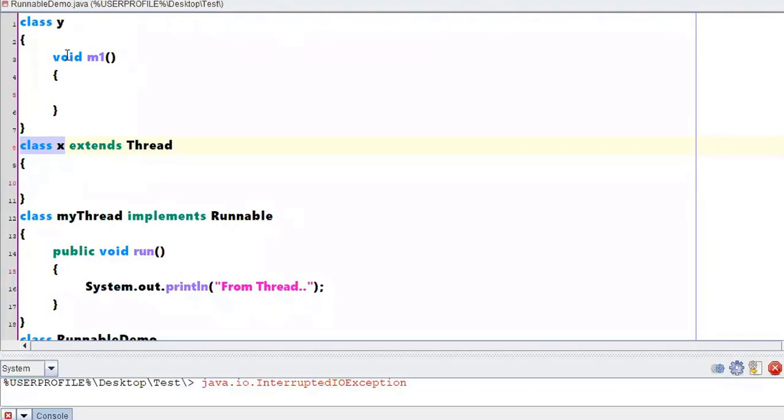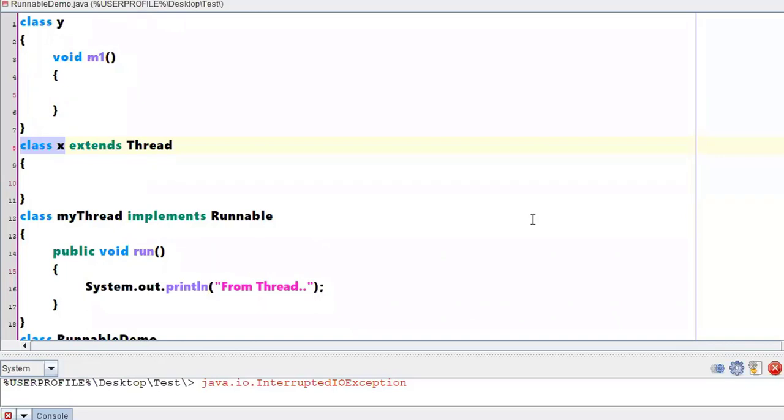Can it be done? Can class X, along with extending the Thread class, extend the Y class also? A parent-child relationship, I wanted to go with normal inheritance. I want both the m1 method and the start method and run method, everything in my class X. Is it possible?